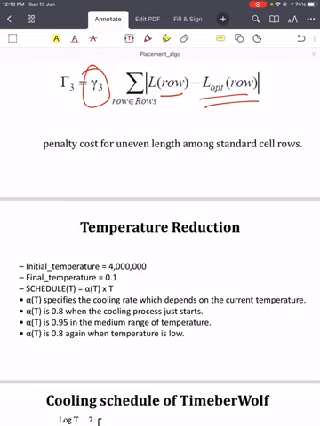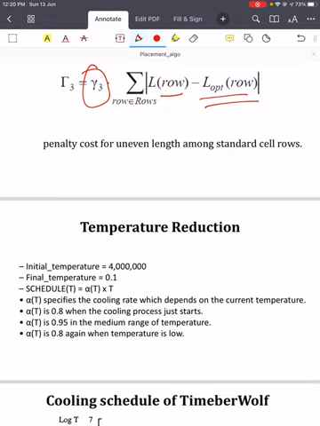That is because alpha is not a constant throughout the temperature range, so it is a function of temperature also. Let's say the initial value of the parameter t is very high, say 4 into 10 to the power 6. And initially the temperature is also